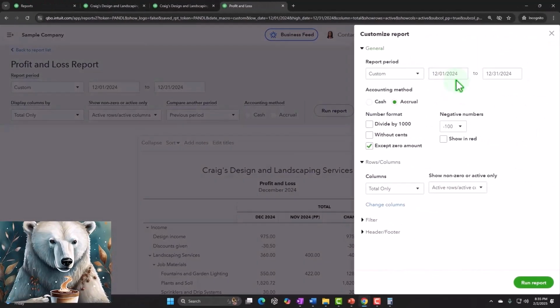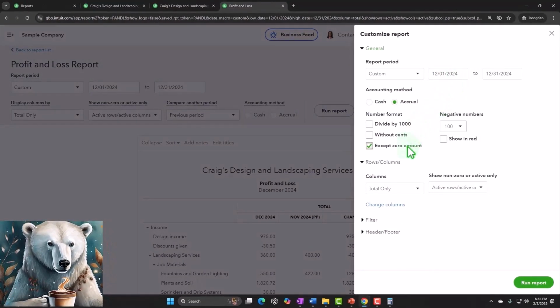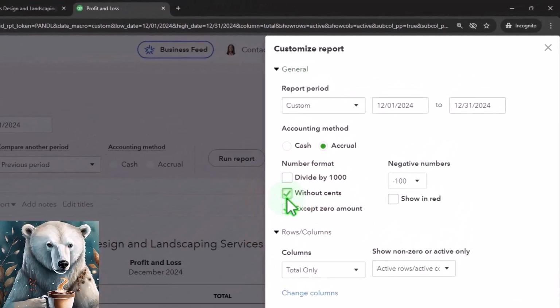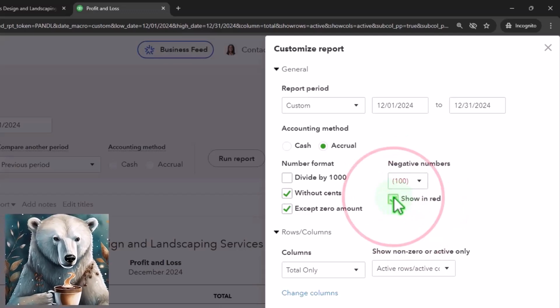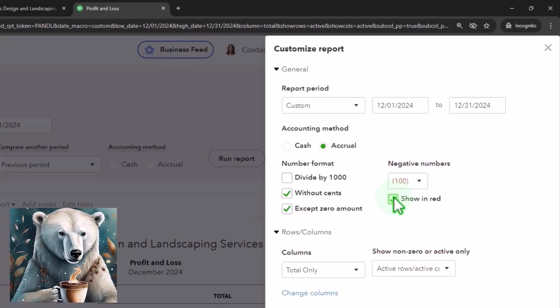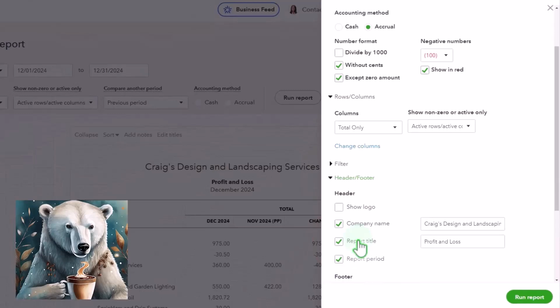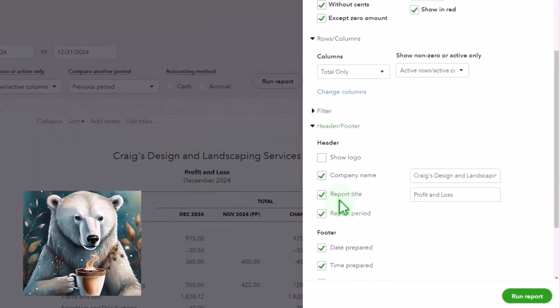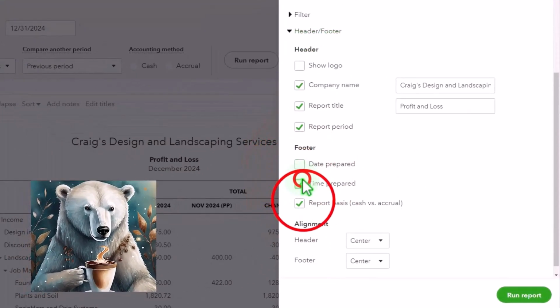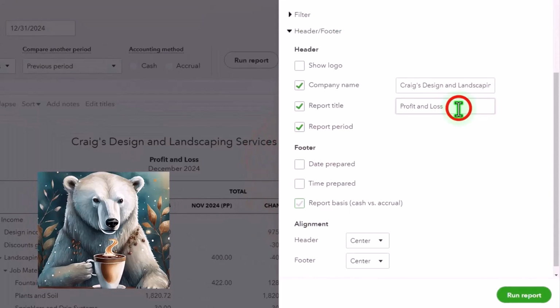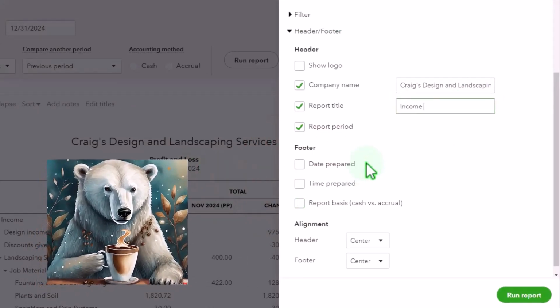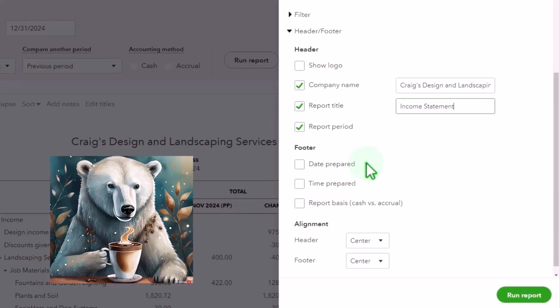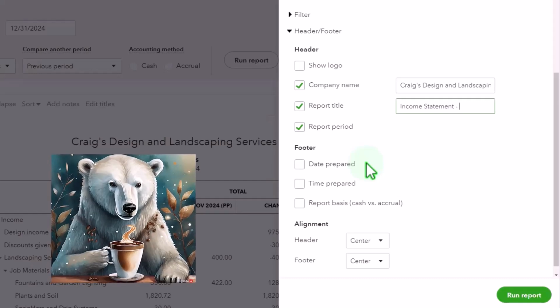Let's customize this thing. So now we might say, if I was going to give this externally, I might remove the pennies, and I might then select the drop down and make the negative numbers zero and show them as red possibly. And then on the headers and footers, maybe I get rid of the date, time, and report basis. And then maybe I don't want to call it a profit and loss. Maybe I call it an income statement just to switch it up, and then maybe